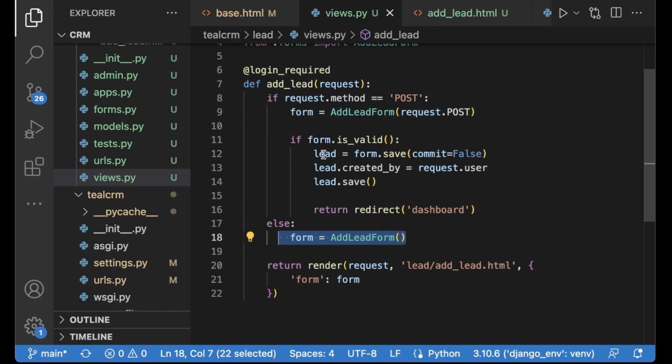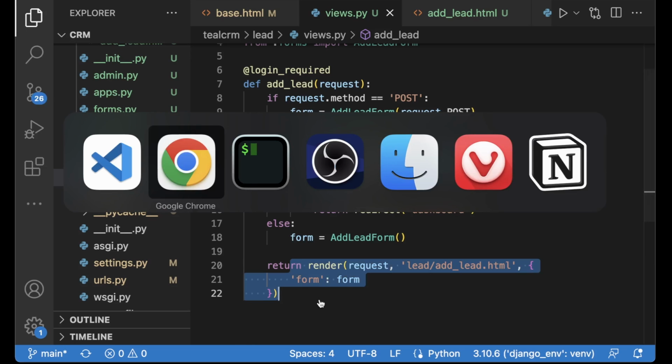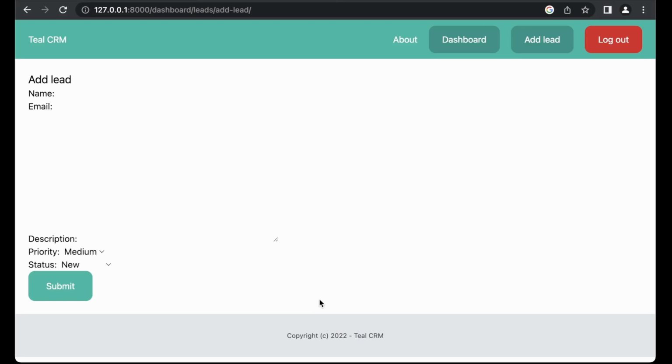So what happens here is now that if you submit this and this doesn't go through because it's not valid, then errors will be added to the form and we will just go down here again and render the form and Django will show the messages for us, or the error messages.